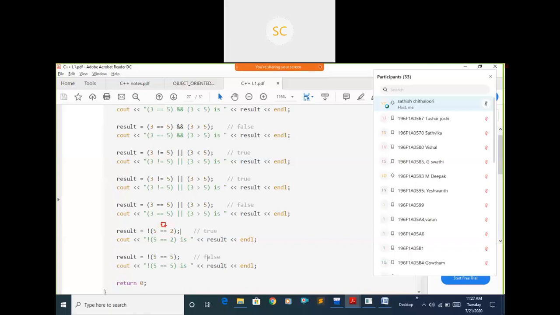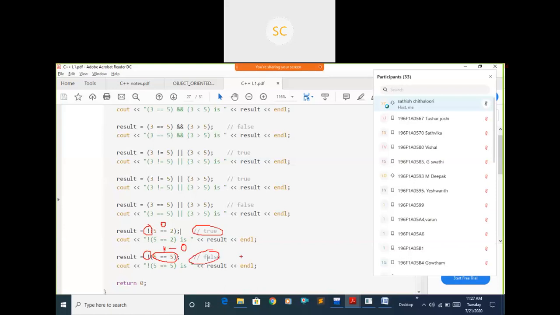If it is false and you are negating that, negation means the opposite of this one. If you are using the not operator and inside it is false, you will get true. Here also 5 equals to 5, this condition is true inside, meaning 1, but you are using the not operator, meaning the opposite, which is 0. 0 means false, right?